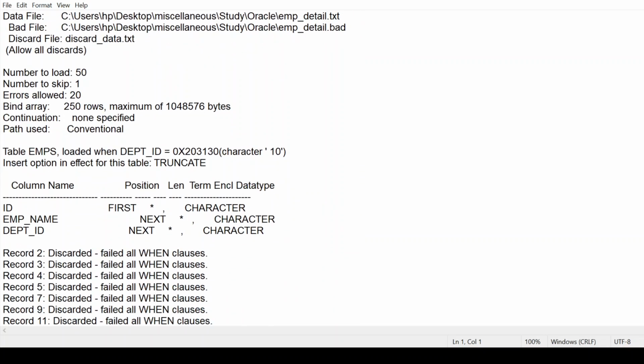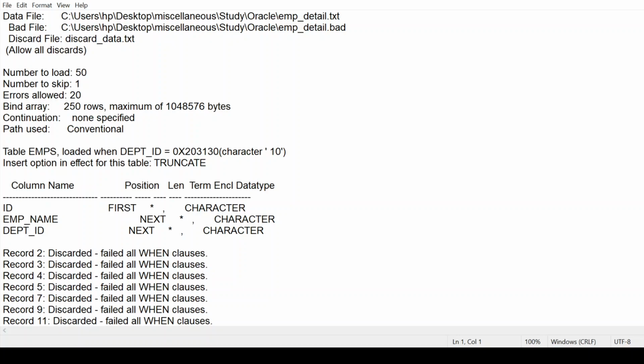And then it is showing table EMPS, load when dpt. This is the condition that I put inside the control file. Insert option in effect for this table: truncate.